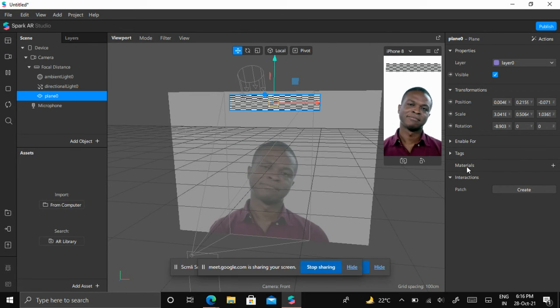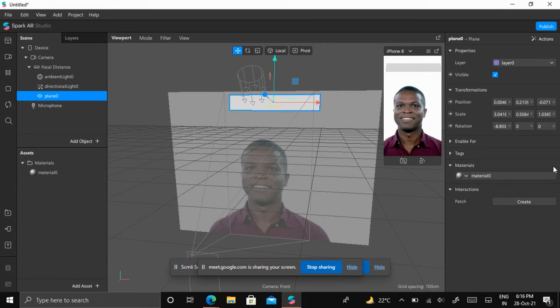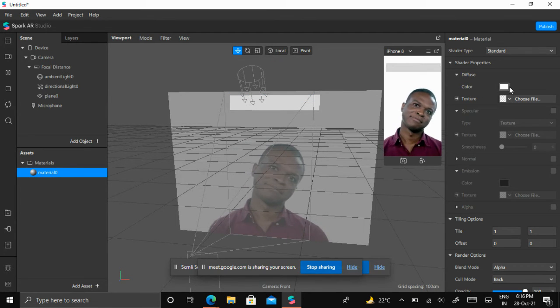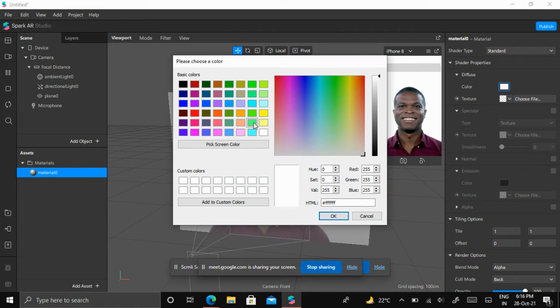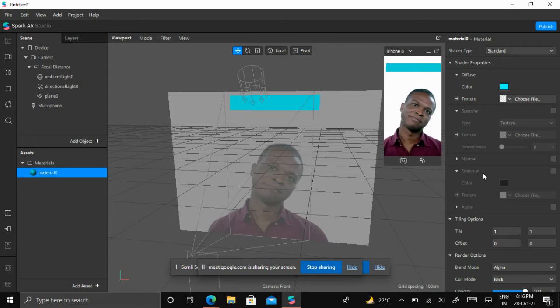See the materials. This material is used to change the colors of the chessboard design to our convenient colors. So I just clicked on the color materials, and from the white we can change to whatever convenient color we want. Suppose I say I want green color. See, green, it's a blue color, red. So I will choose something like blue color. Okay, it's okay for me.